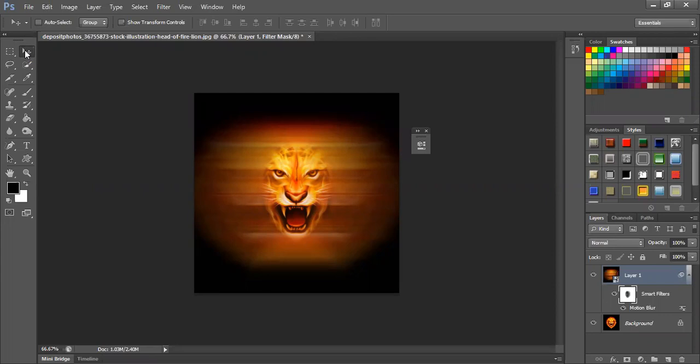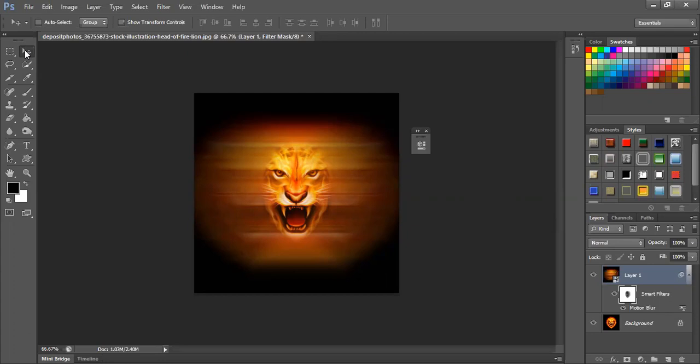Were you able to locate the smart object option? Anybody else who didn't find it?